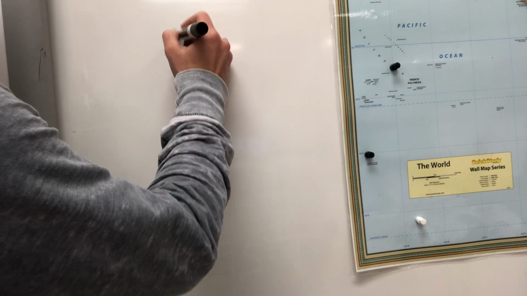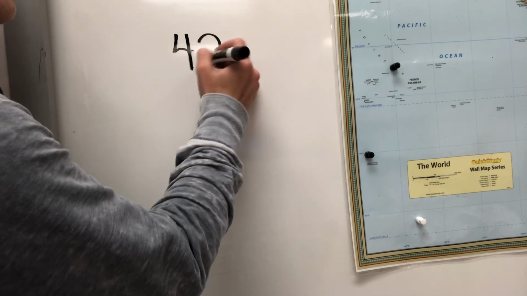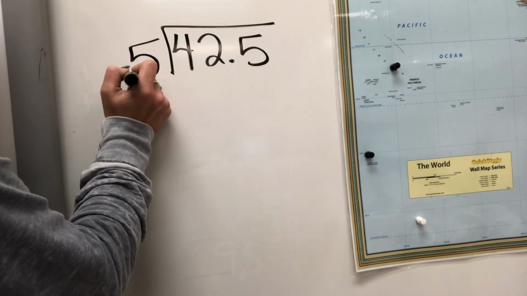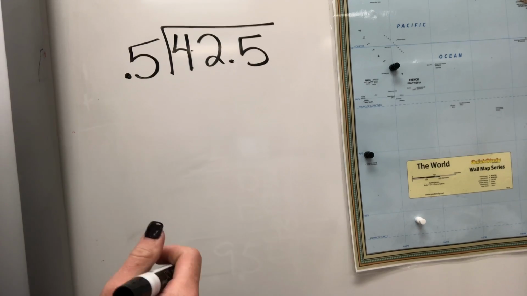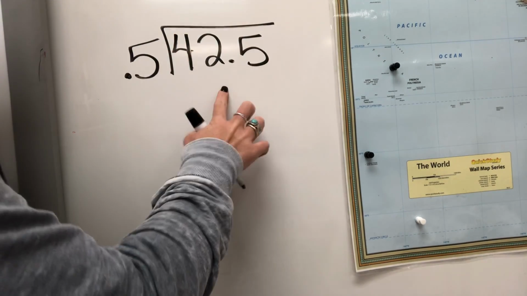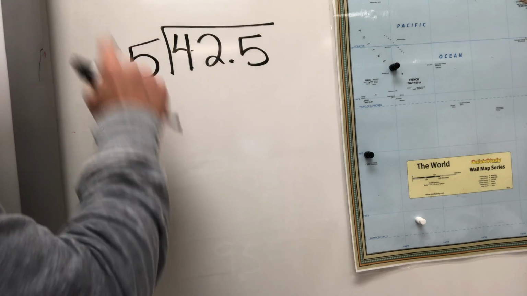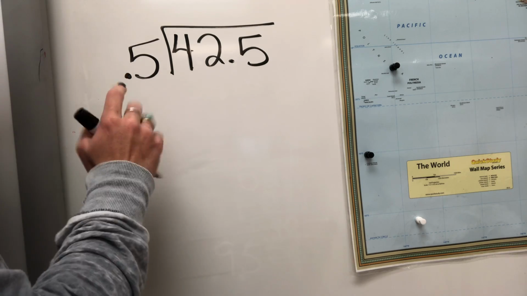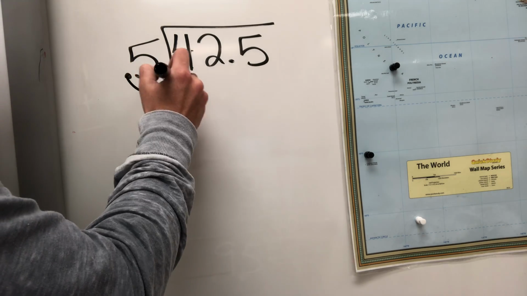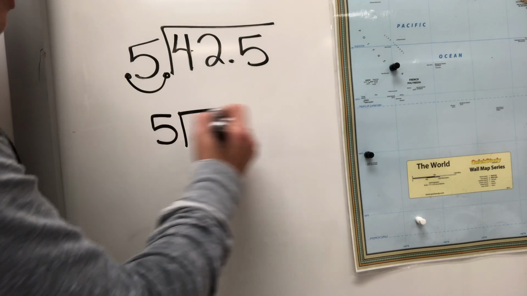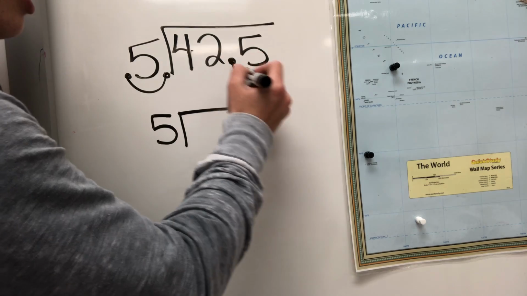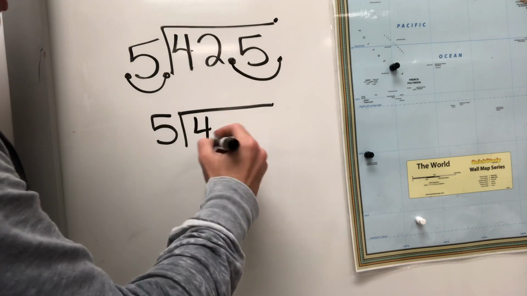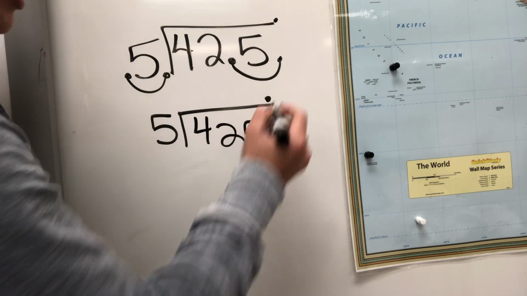Let's say we had 42 and 5/10 divided by 5/10. So here, this is a little bit different than the first example because in our first example, our dividend did not have a decimal in it. So same rules apply. Is my divisor a whole number? No, it's not. It's a decimal, so I have to make it a whole number. How am I going to do that? I'm going to take my decimal and move it one time to the right, making it 5. Well, I can't forget about my dividend, so I have to also find this decimal, move it as many times as I move this decimal. My new decimal is here, and it's here. So when I rewrite, nice and neat, my decimal is here, I bring it up straight away,